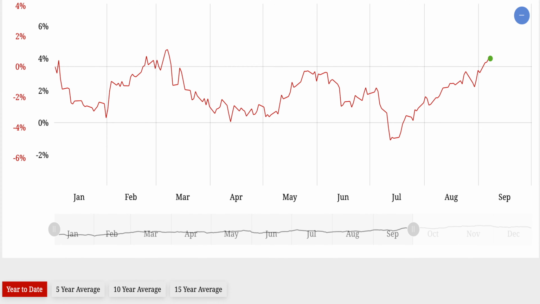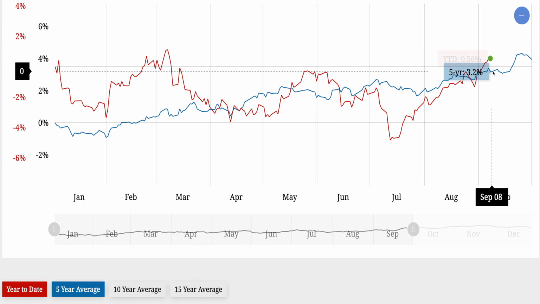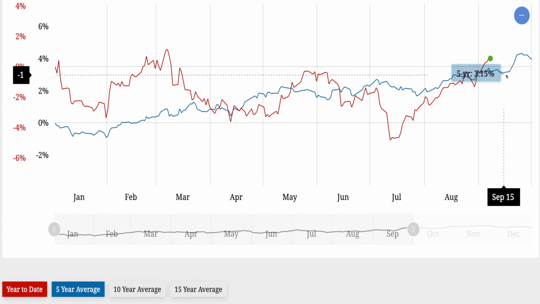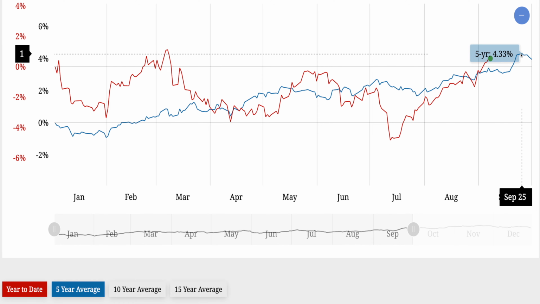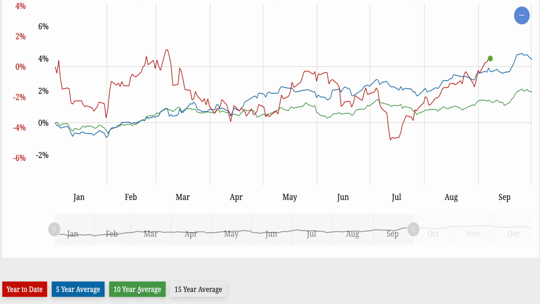Looking at another seasonality chart that I like to watch, you can see the dollar. That's where we're at right now. On the 5-year, as of today, September 7th, all the way to September 14, actually September 18, it gets a nice little bump to the upside, to somewhere around September 25th. So it actually gets stronger as it goes towards the end of the month.